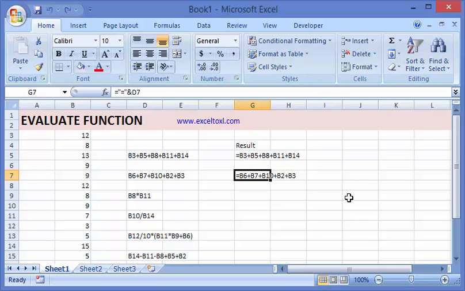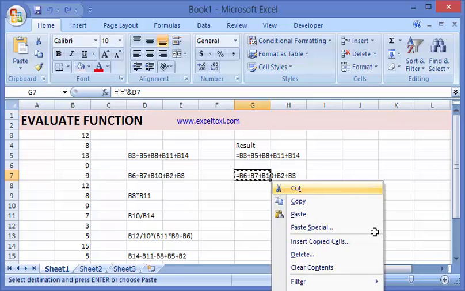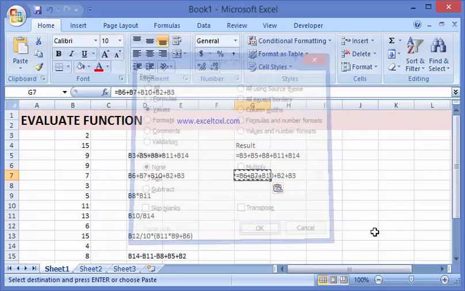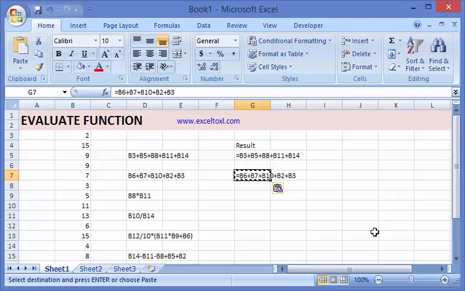Otherwise we can do it using paste by values and editing the cell. You can either edit the cell, or, I'll press escape because it is distracting our view,